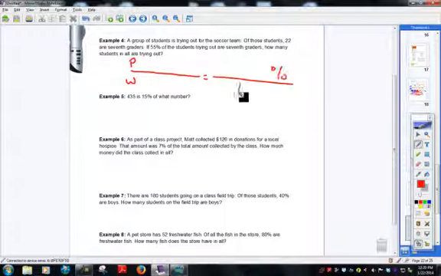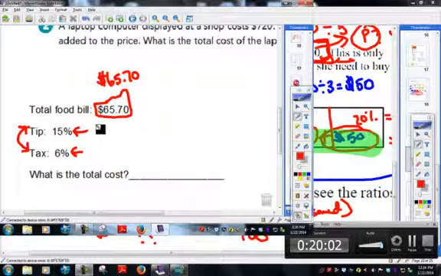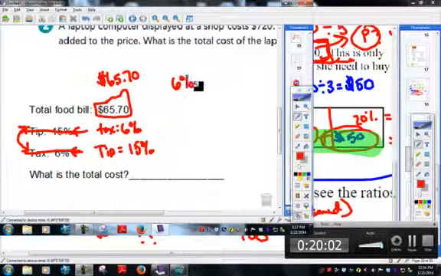Now I'm going to flip-flop these just real quick, because on the test, it always goes tax then tip. So this shouldn't say this. So I'll just get rid of them. And this should say tax, 6%, and then you find the tip, which is 15%. The whole point here is you have to figure out what 6% of that is, first of all. That's the first thing you've got to do. You've got to figure out your tax amount. So you've got to do 6% of